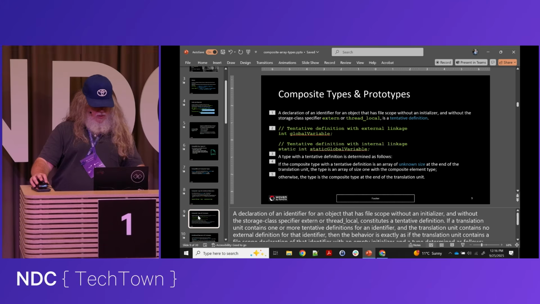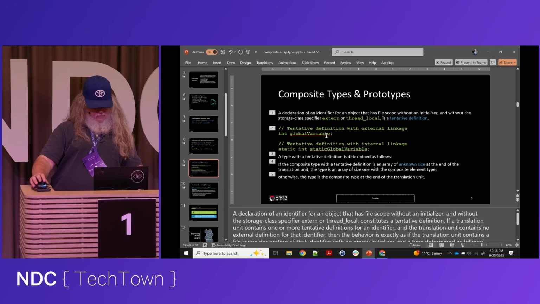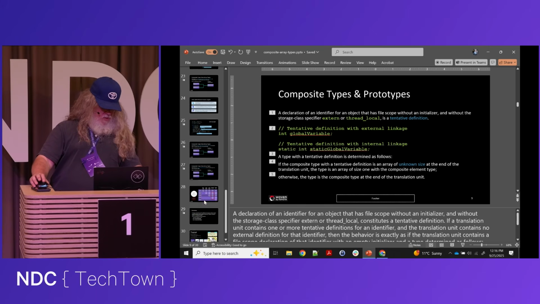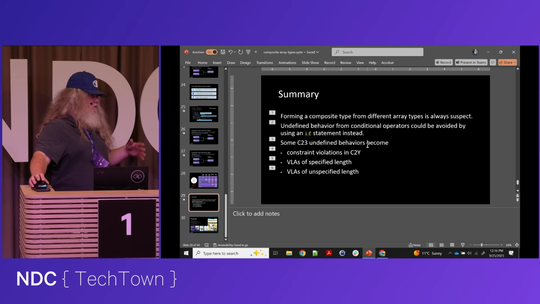Do you ever feel like you've made a mistake? Tentative definition. So if you have declarations with tentative definitions, and those tentative definitions are slightly different,